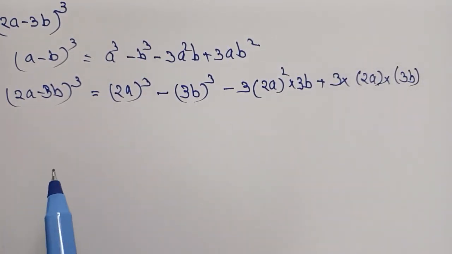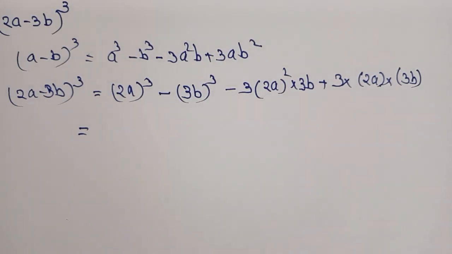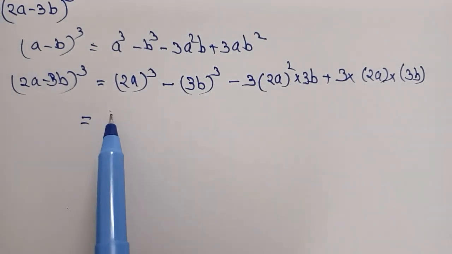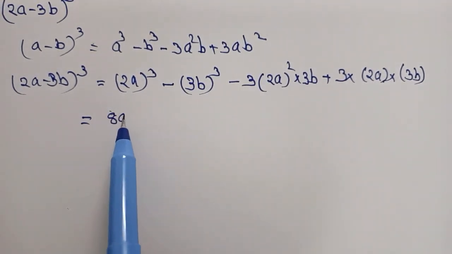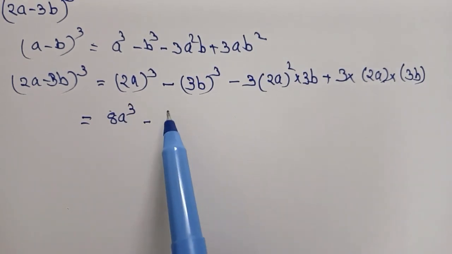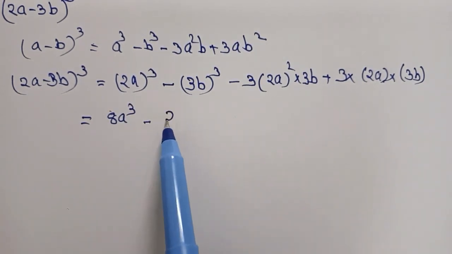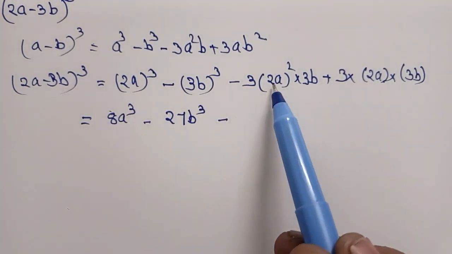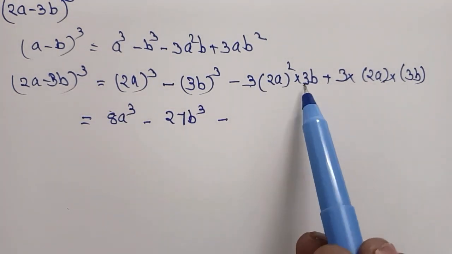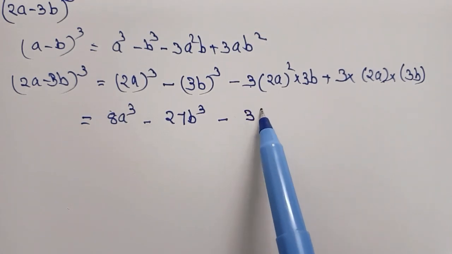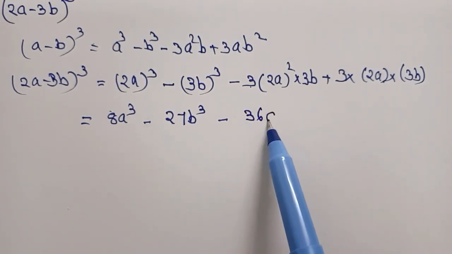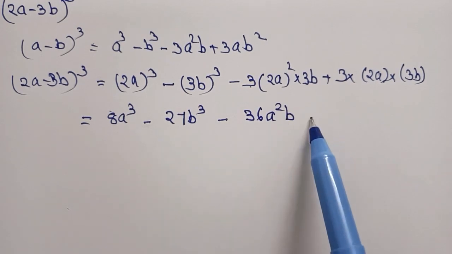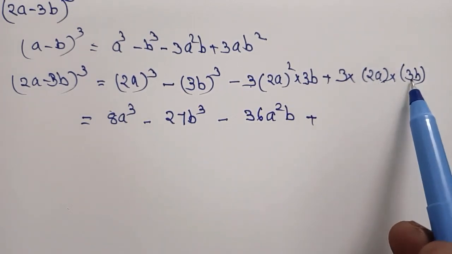Okay. That is equal to 2³. 2³ is 2 into 2 into 2, 8. 8a³ minus 3³. 3 3s are 9, 9 3s are 27. 27b³ minus 2² is 4. 4 into 3, 12. 12 3s are 36. 36a²b plus 2 into 3, 6. 6 3s are